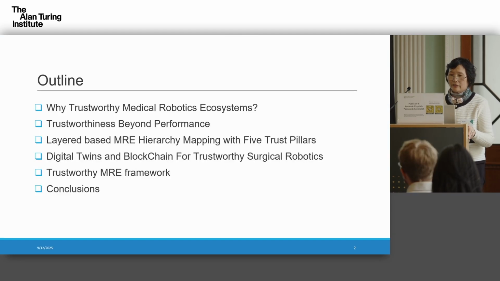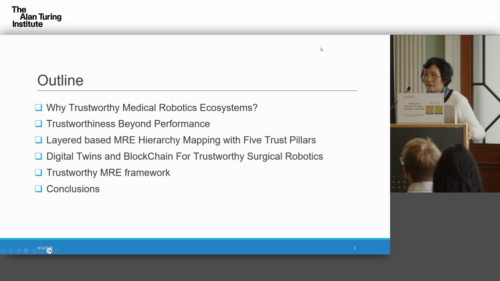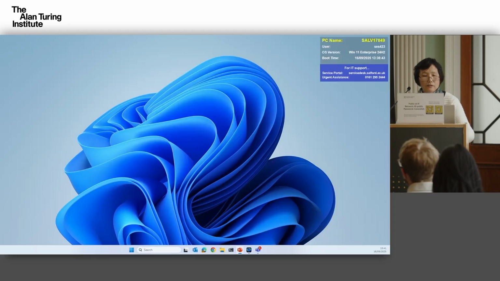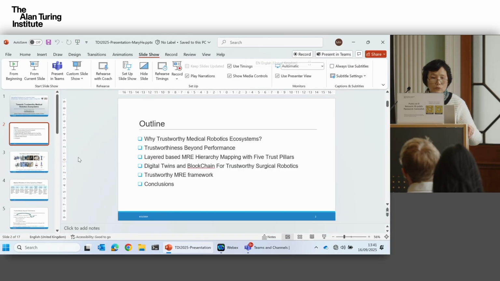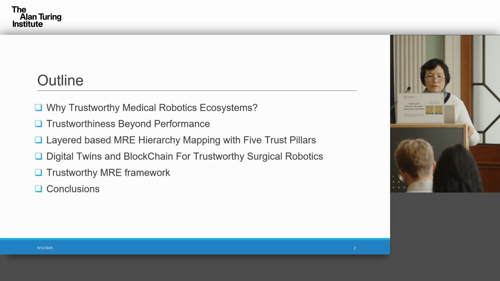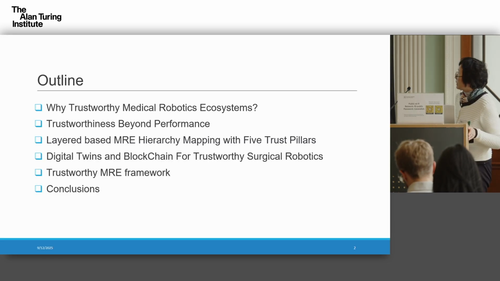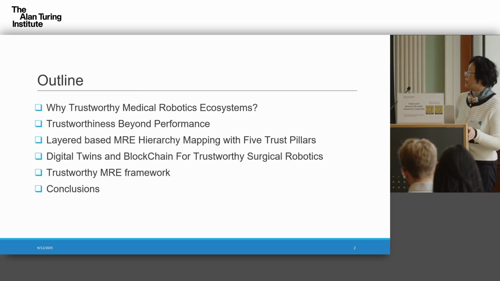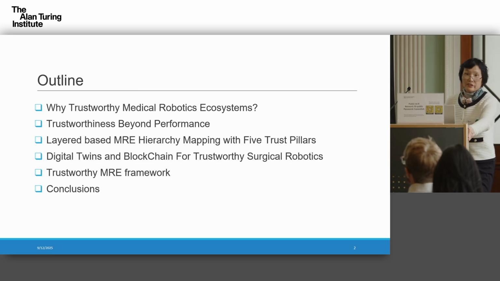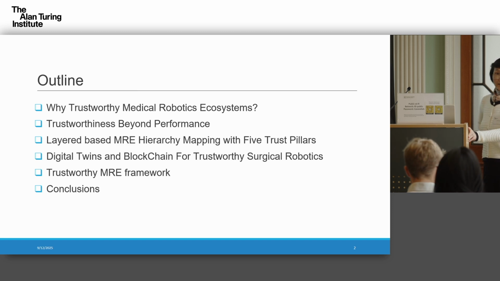So firstly, I would like to, oh dear, this looks, so where? Firstly, I introduce why trustworthy medical robotics ecosystem is critically important in current stage of the arts, and extending